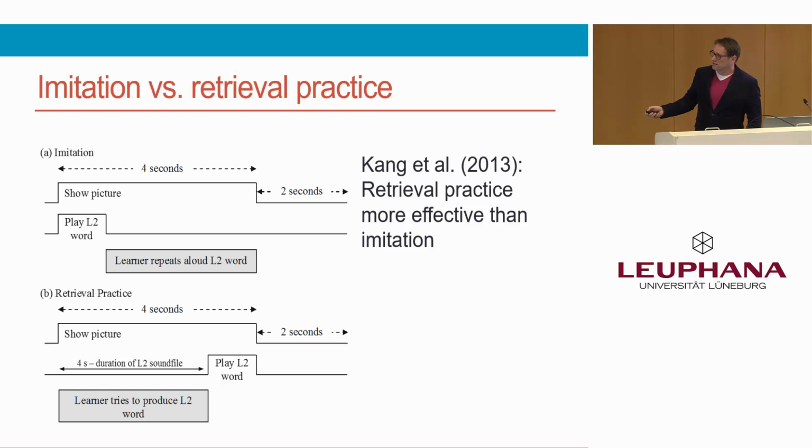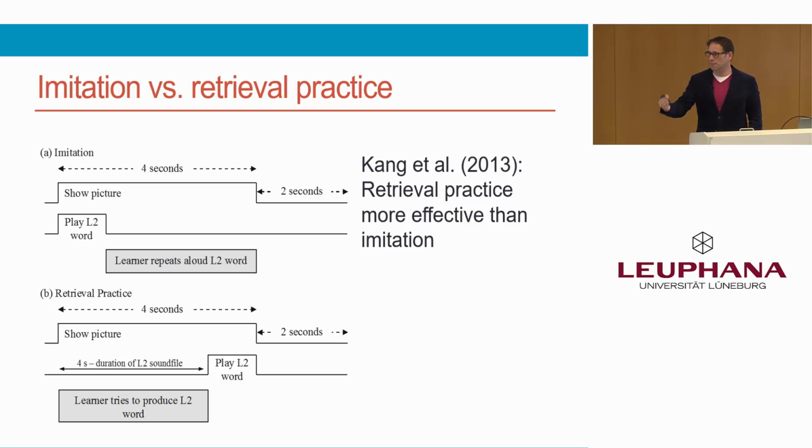Then you had retrieval practice: show a picture again for 2 seconds, and then the learner had to produce the word before he or she heard it. And afterward, there was basically feedback in some way. Now the word was played. And evidently, if the word is played, confirming the picture, it breaks this feedback loop,